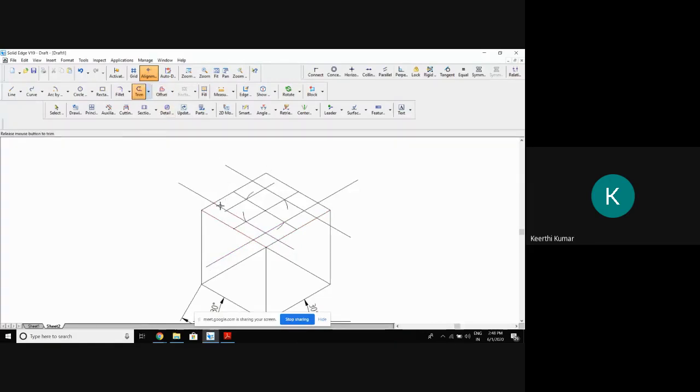Then trim the extra, which means cut off the extra line that is not required for us. See here, you're supposed to be left with this. The outer box is 50 into 0.8164. The inner box is 30 into 0.8164. Imagine how I drew it. There are two boxes, and the center of both boxes is the same.